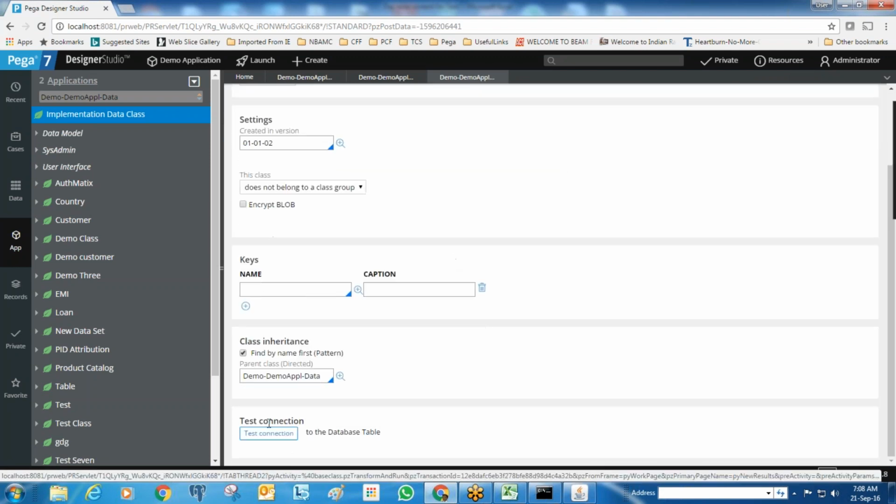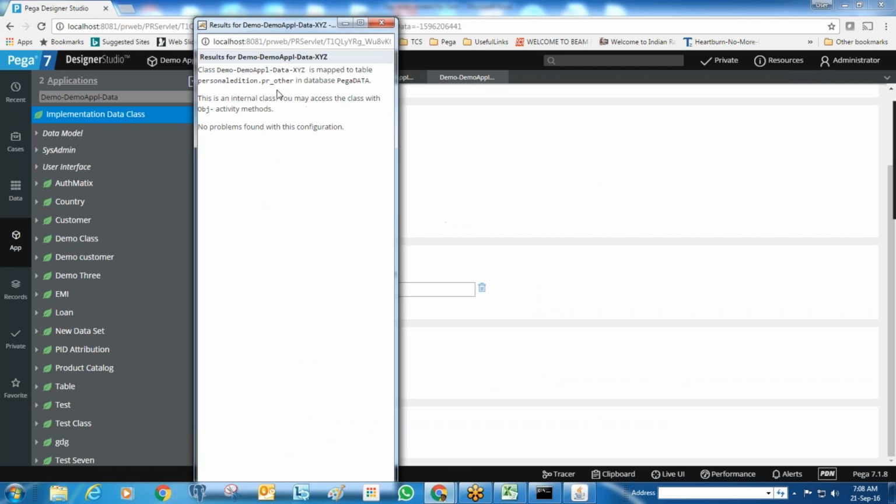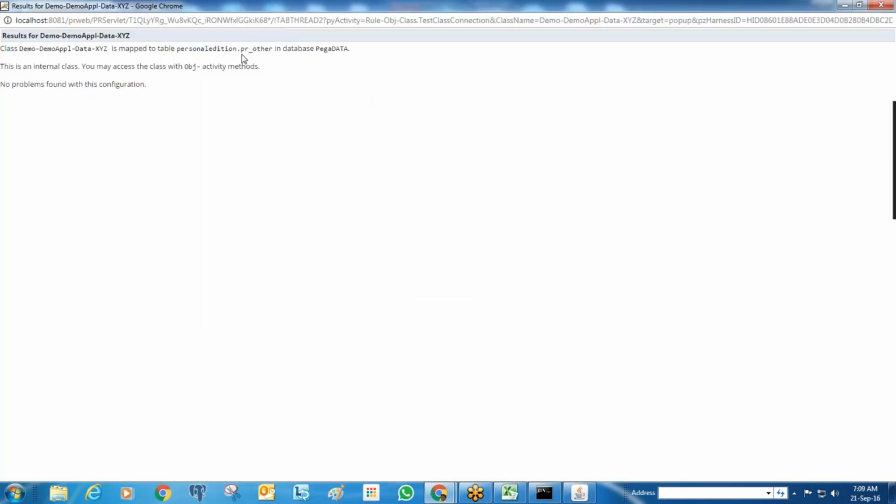So by default, let's say now test connection, you can see it's going for PR other. So by default, all the class instances will go to PR other.